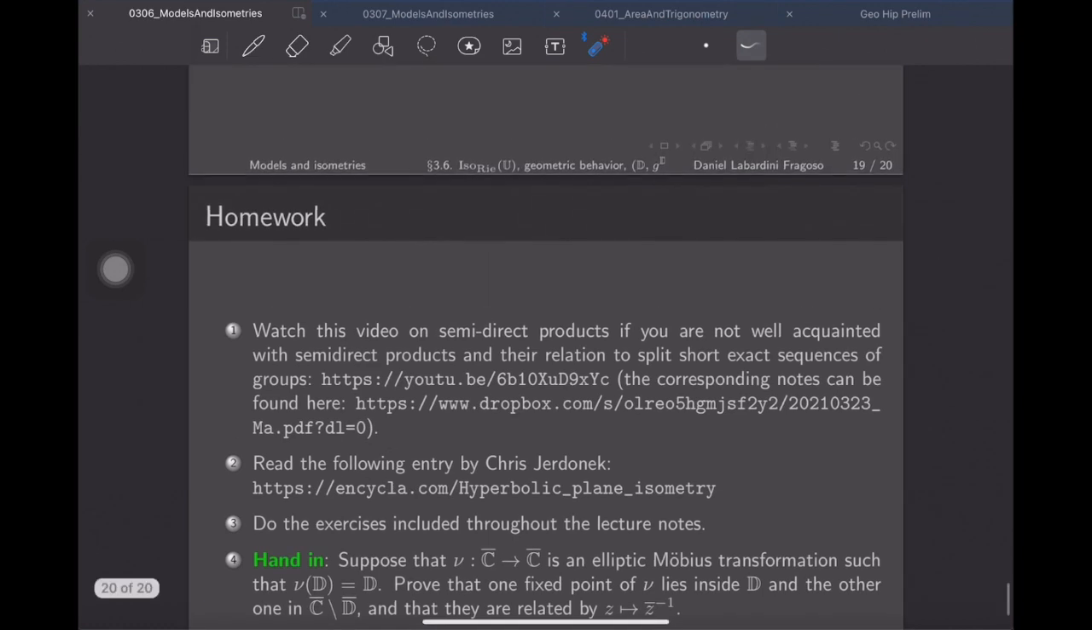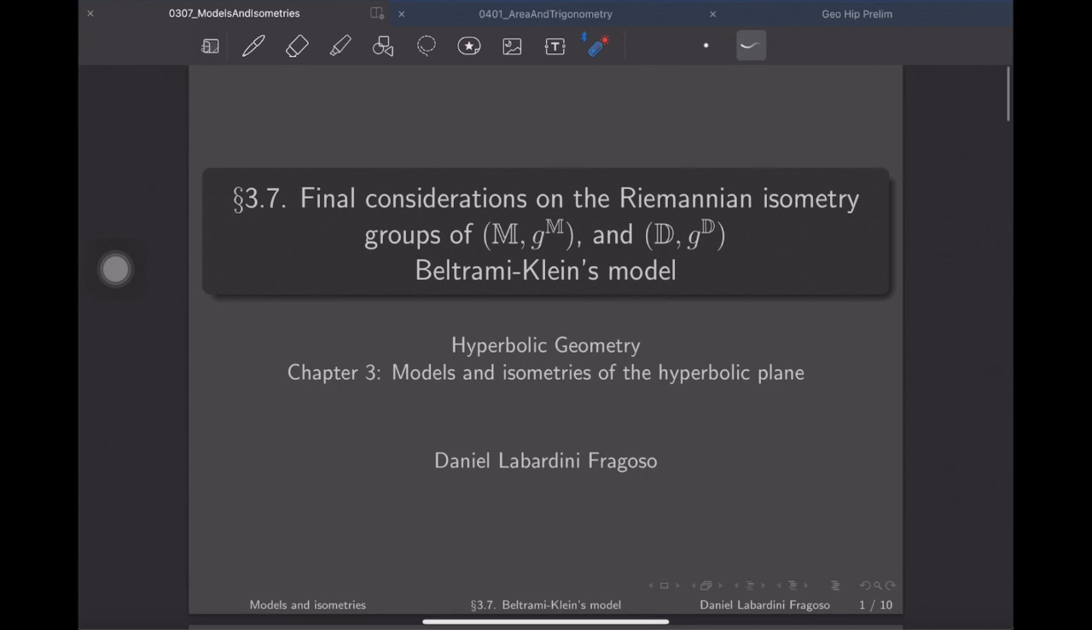Let's go back and let's start with what I have to say today. So today we are closing the chapter on models and isometries. So first, some final considerations on the groups of Riemannian isometries,